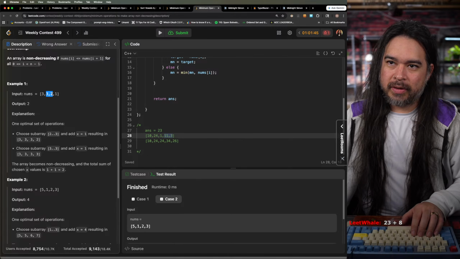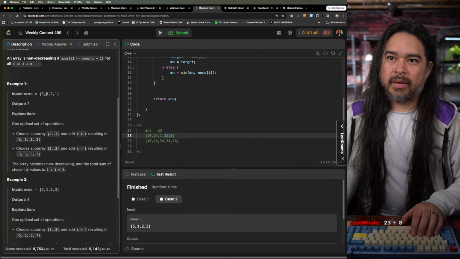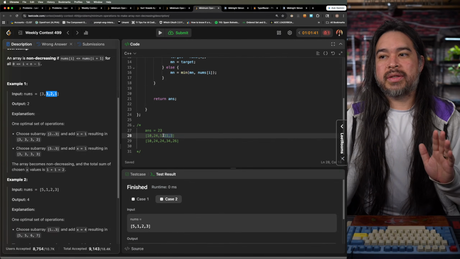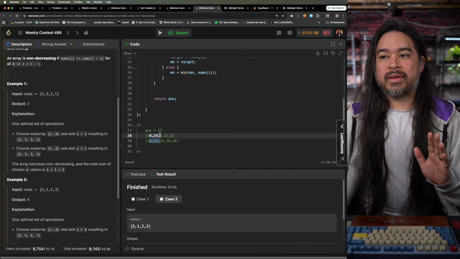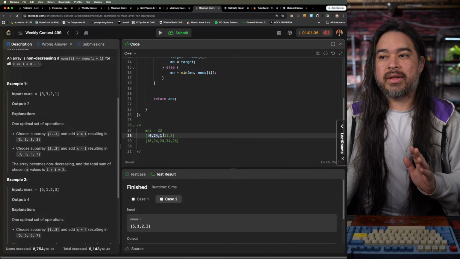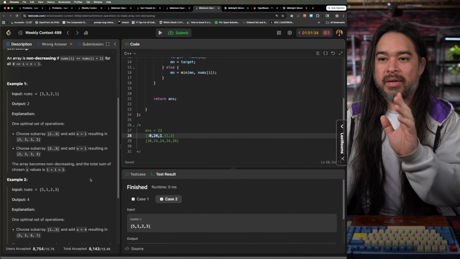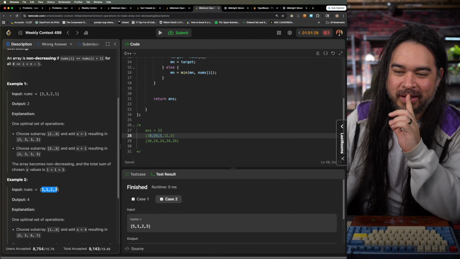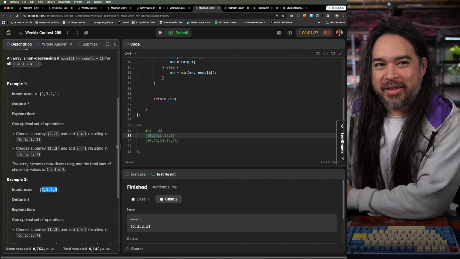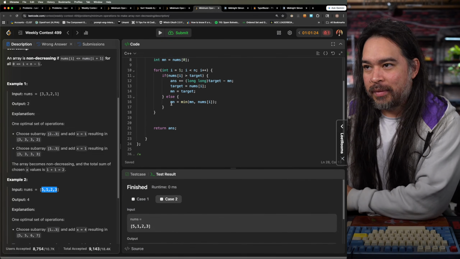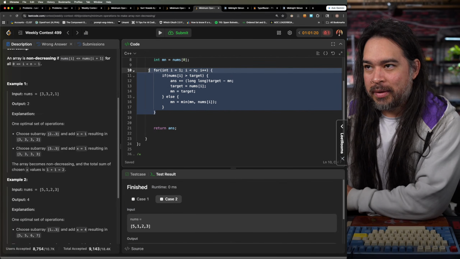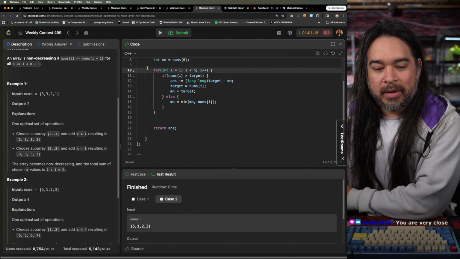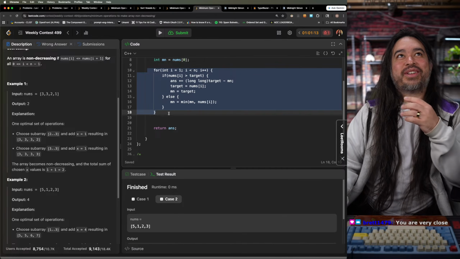No, because this is 1. Alright, I guess we gotta go until it increases again. No, wait, alright. It's funky, man. Do I just keep running this? Do I just keep running this in a loop? Or